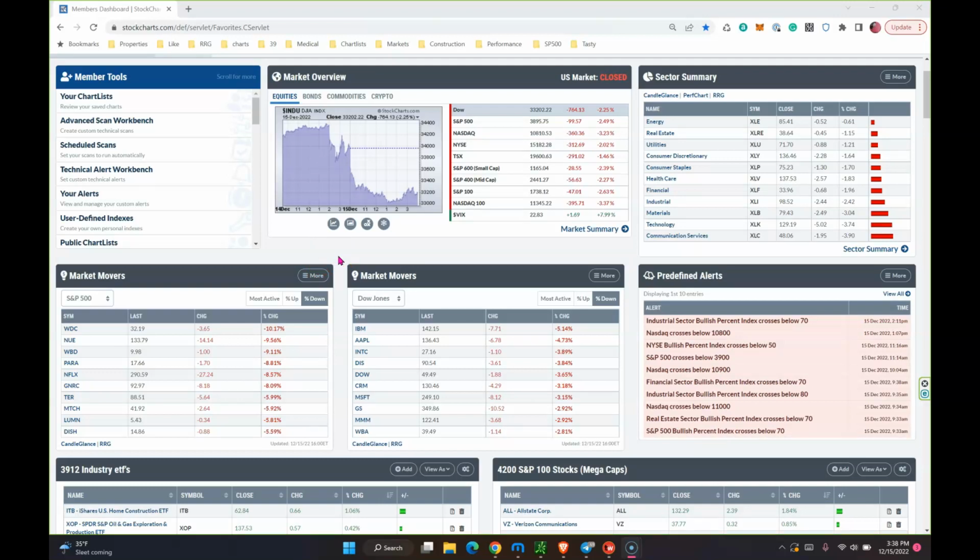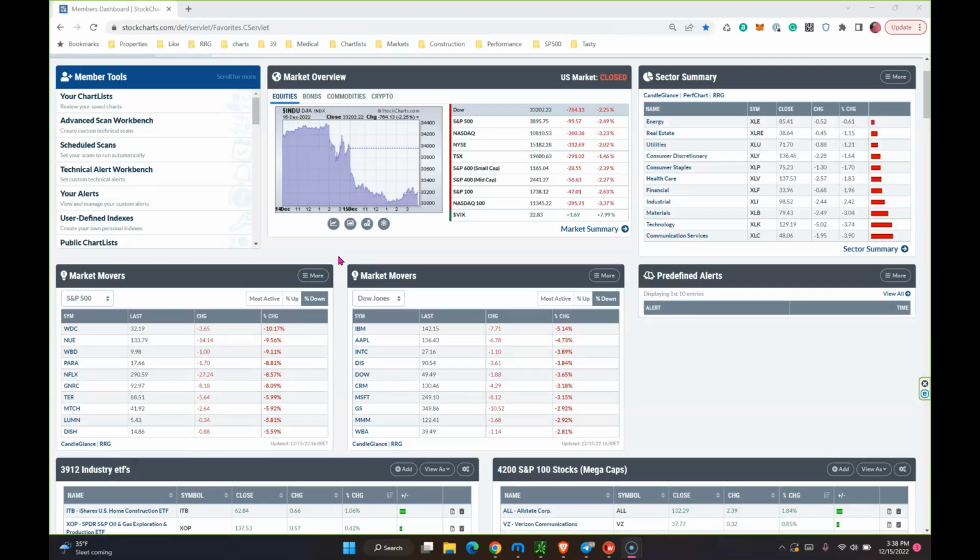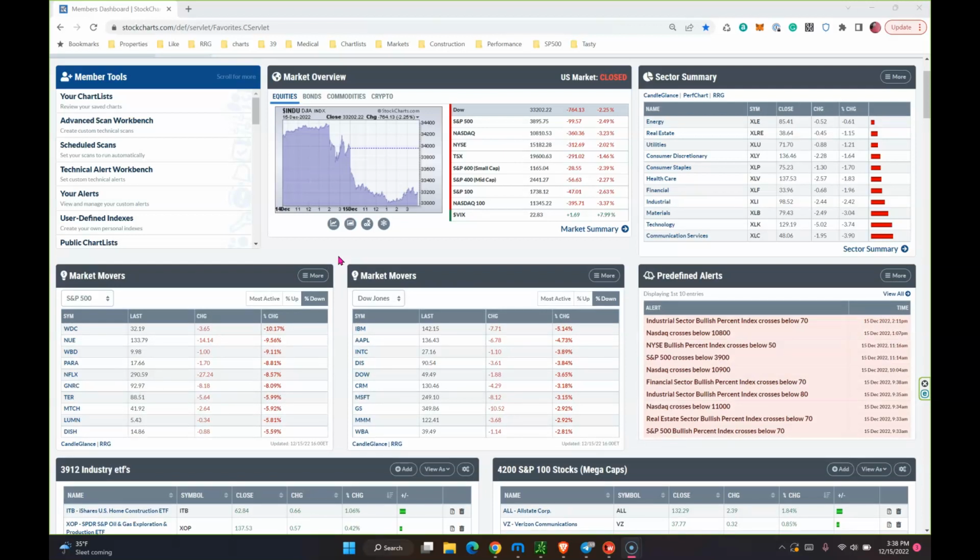We've had a pretty bloody day today, and that actually started a couple of days ago when they were trying to move those markets higher following a pretty decent CPI number, only to reverse not long after it came out, and ever since then it's been pretty much a down road. Just to give you my 2 cents, I think the markets are probably looking past this inflation now, and we're starting to think about this inversion in the yield curve, and recession, and some tough economic times ahead possibly.